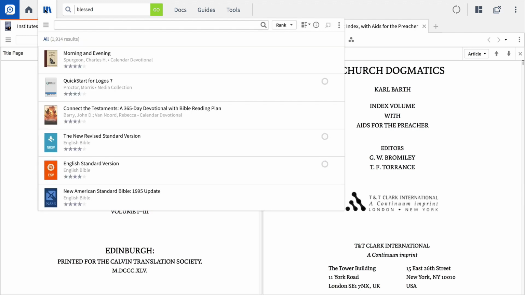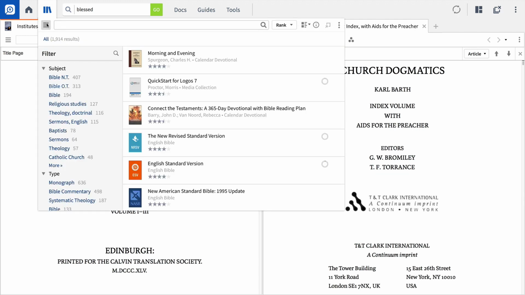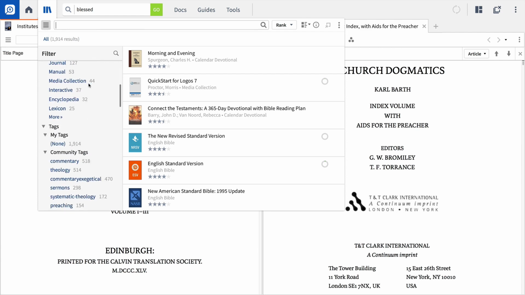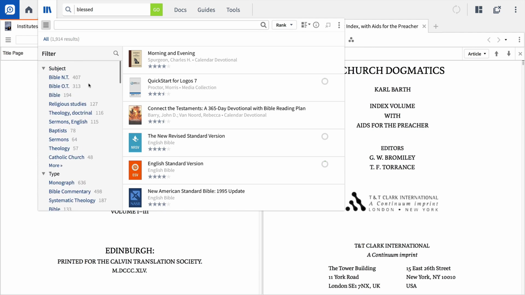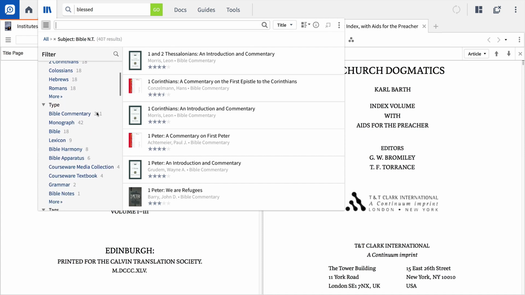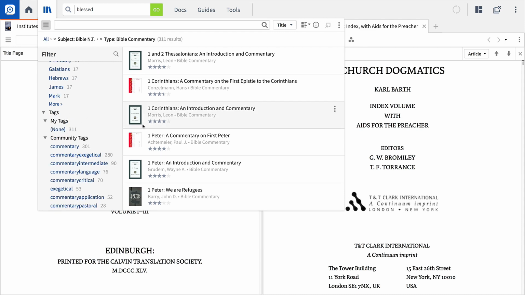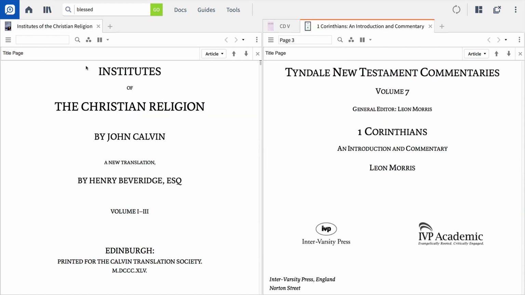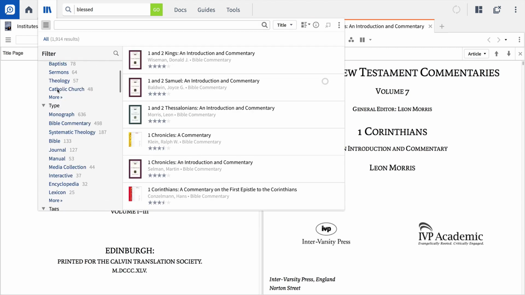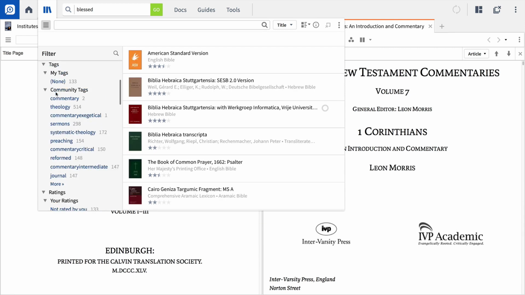Or use the Library Filter panel to explore the resources that are part of your Logos library, and then sort them according to attributes like subject, type, author, or publisher. To find all of the New Testament commentaries in your Logos library, select Bible NT from the subject filter options. Then, scroll down to the type filter options and select commentaries. To locate all English Bibles, clear your filters by selecting All, then choose Bible from the type filters and English